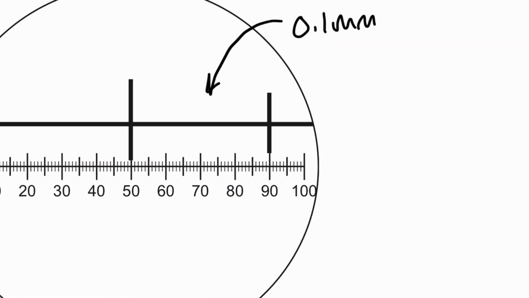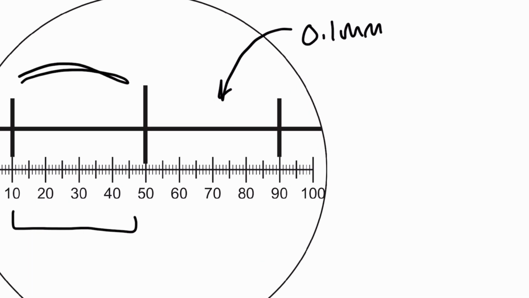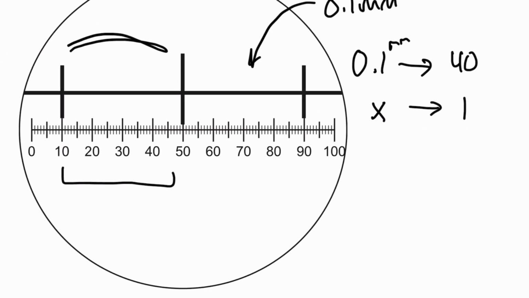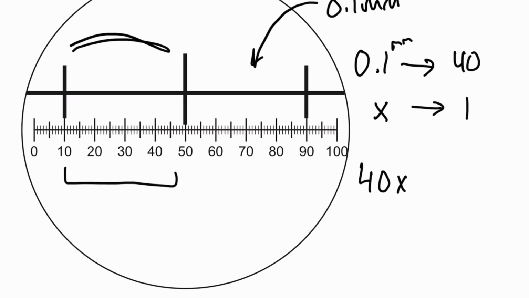Okay, so what we're going to do is we know that 0.1, which is the length of this division, is against 40 of the eyepiece graticule units, yes? So 0.1 millimeters is 40 eyepiece graticule units. Now we're looking for 1 eyepiece graticule unit. How many millimeters is that? So what we're going to do is cross multiply. So you're going to have 40x equals 0.1, which means that 1 eyepiece graticule unit